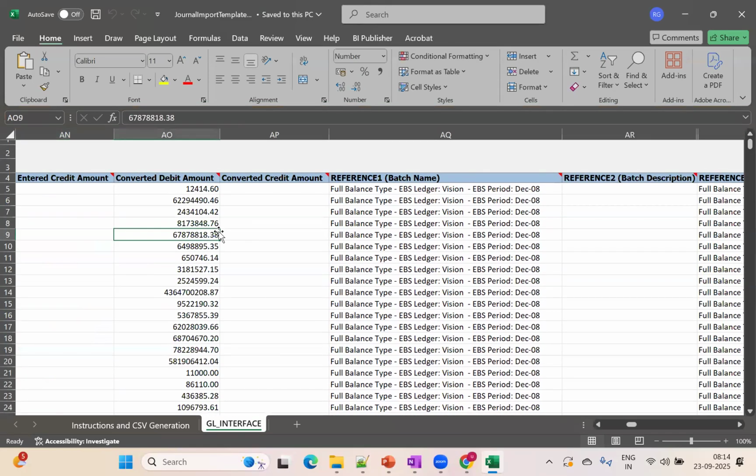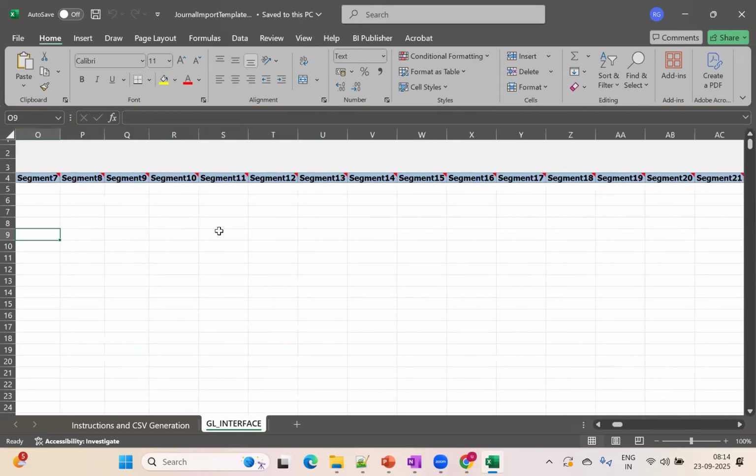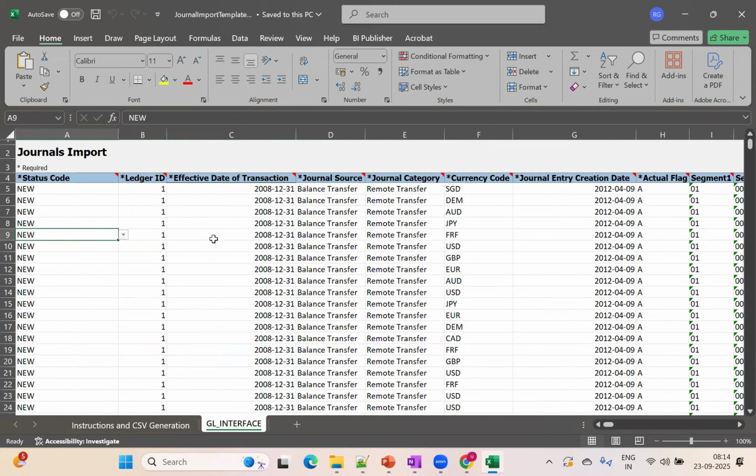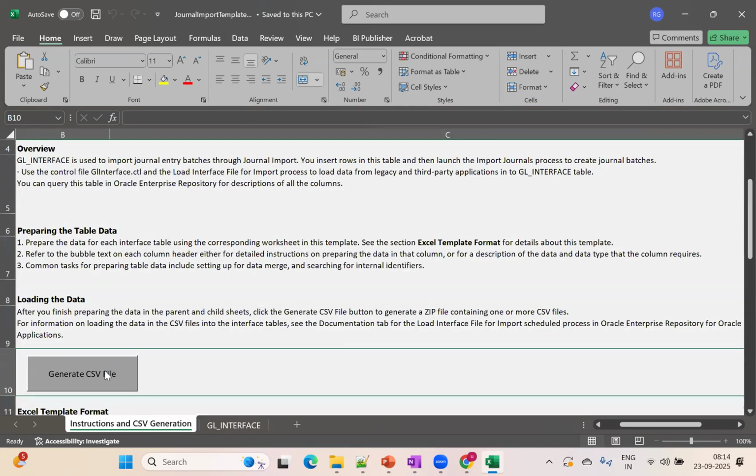So this is an XLSM. XLSM stands for macro enabled Excel workbook. I'm just going with this dummy data. Basically, you have to delete this complete data and enter the data as per your requirement, whatever journals you want to load in Oracle Fusion. You will enter the data as per your requirement, and once the data is there, you will click on generate